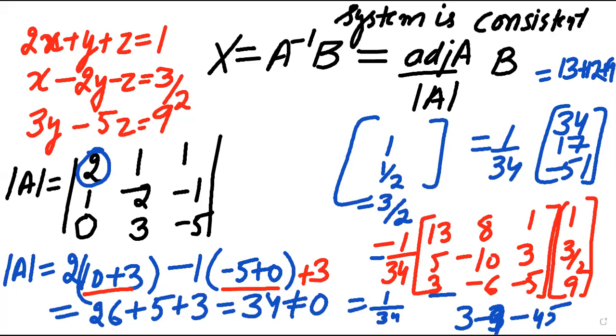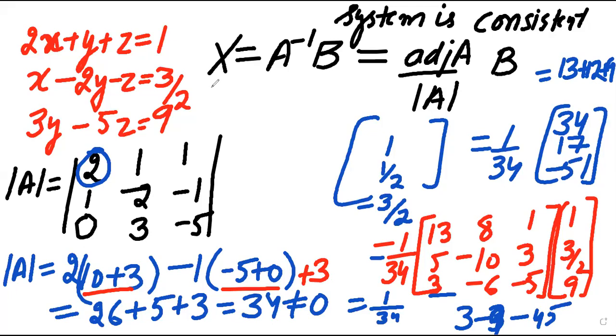Okay. So this is what we learned: when we have a 3x3 matrix, how to find the determinant. And if the determinant comes equal to 0, then we find the adjoint of A and multiply it by B. Okay. Now I have a miscellaneous exercise for you, and these questions are there.